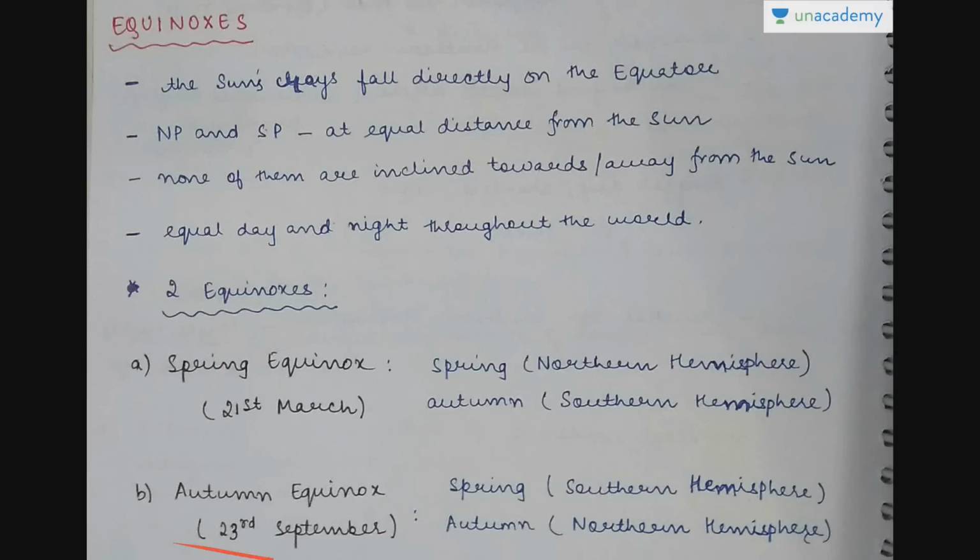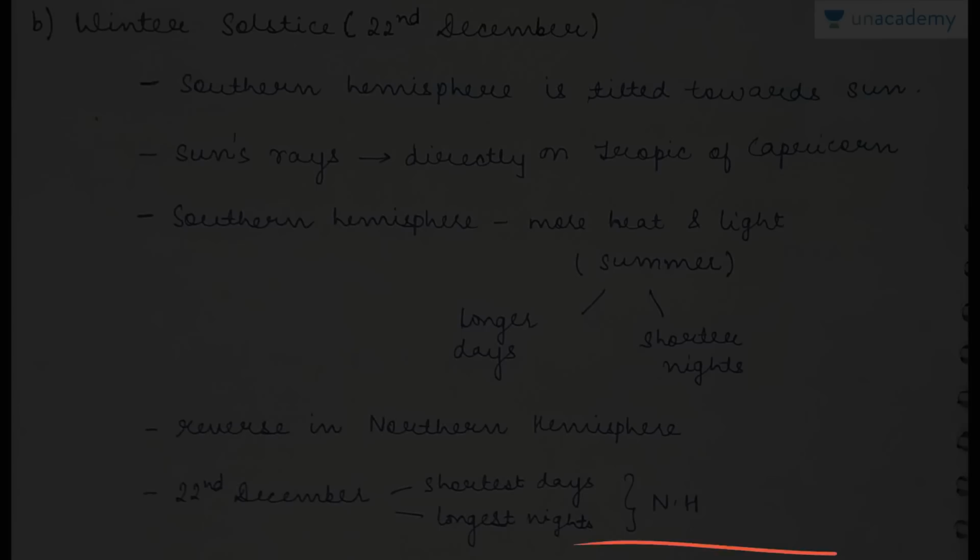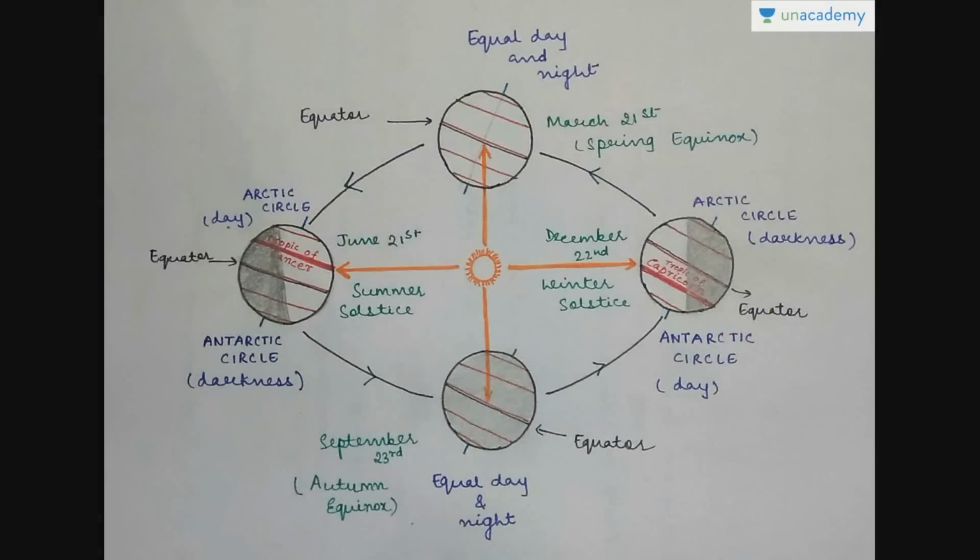This is the date where there is an equal number of day and night, the duration is the same, half day half night. So the date is 23rd of September, spring in the southern hemisphere and autumn for us in the northern hemisphere. You can see again the complete figure. This was the case of June, December, then this was of March, this is of September. Dates you can see: 21st June, 22nd December, 21st March, and then here 23rd September.